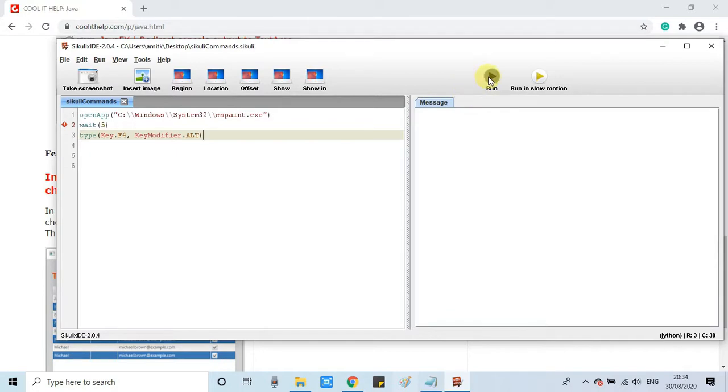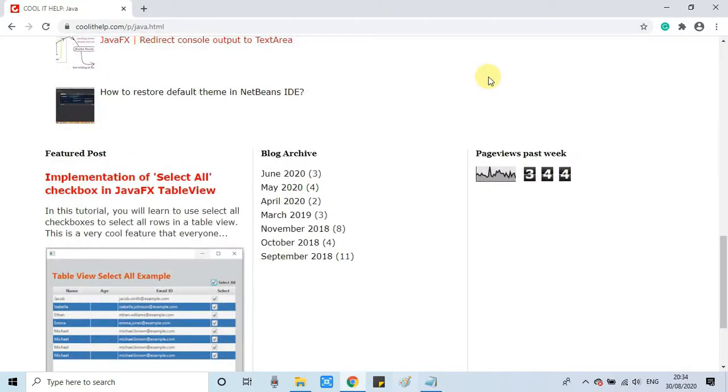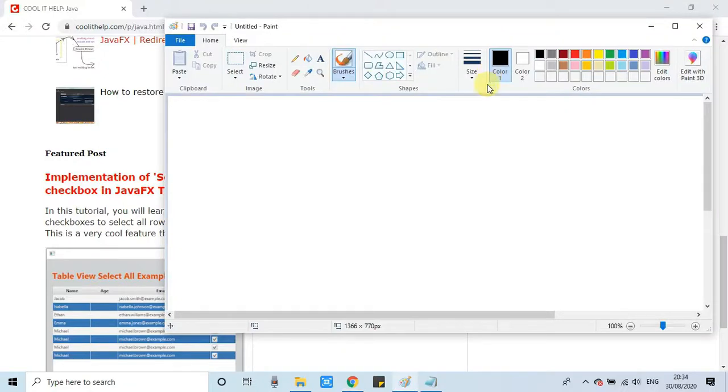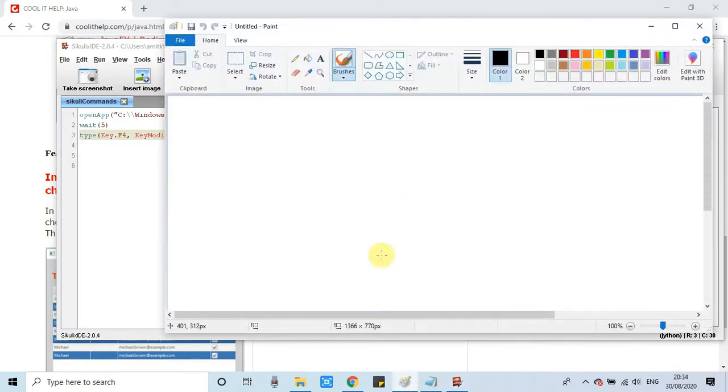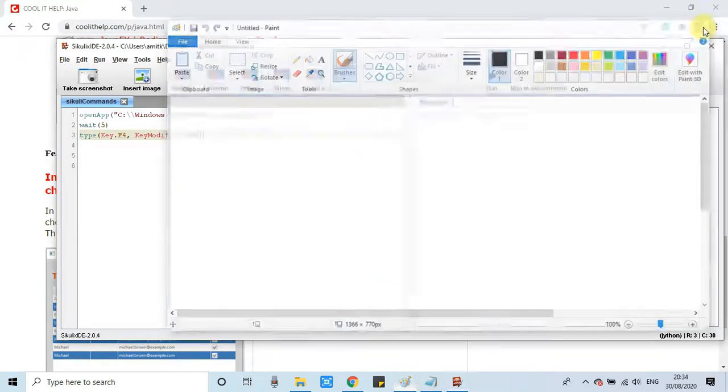That was not possible. Now we can run it. Now you can see MS Paint is opened. Now Alt plus F4 executed. That's why the opened application is closed. So the third statement is for closing the application.